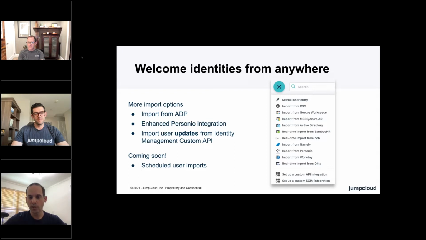Instead of you, our friends within the IT community, having to step into the admin portal and pull in these user updates, pull in these new users, you will now be able to schedule this as a recurring activity that happens on your behalf. Now let's see how that actually helps us with access, because that is not the only front that we're trying to automate access across. So moving on to groups,